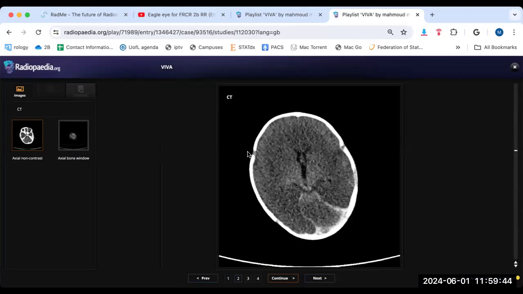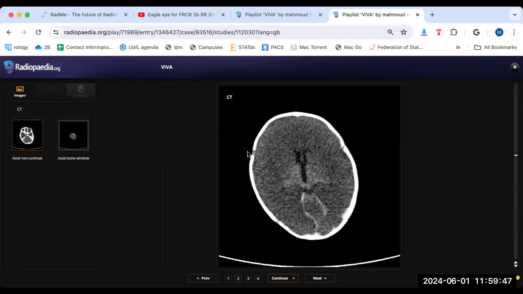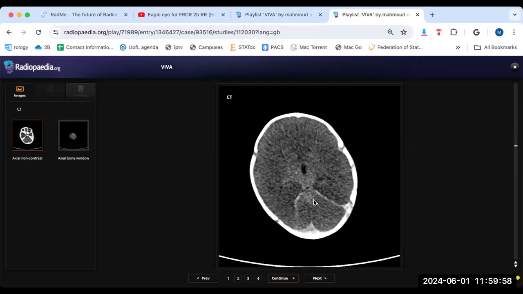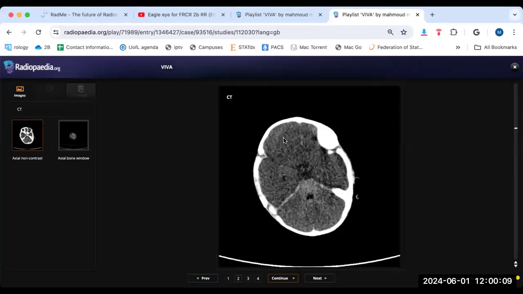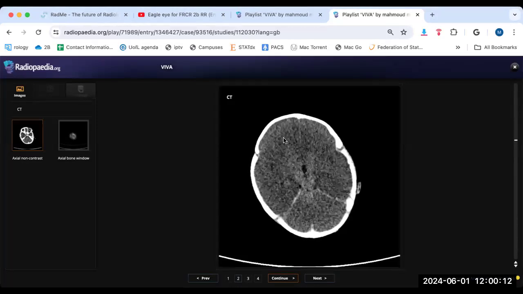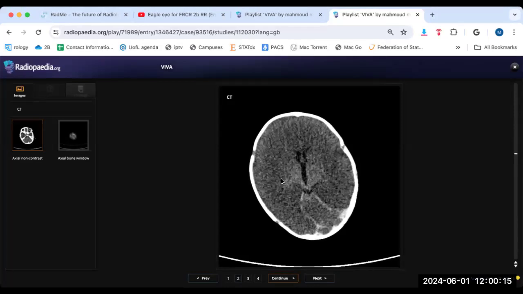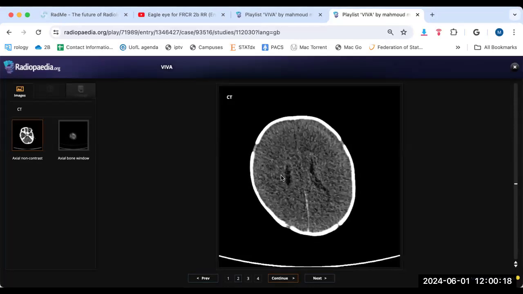Please, where is the gray-white matter differentiation? No gray-white matter differentiation. Where are the sulci? No sulci. What are the hyperdensities? This is the pseudo subarachnoid sign. See, the tentorium is very dense. Why? Because the brain is very hypodense. There is loss of the gray-white matter differentiation. There is diffuse brain edema. All of this, you must mention it. And the conclusion of diffuse brain edema, diffuse hypoxic ischemic encephalopathy, all of these are very